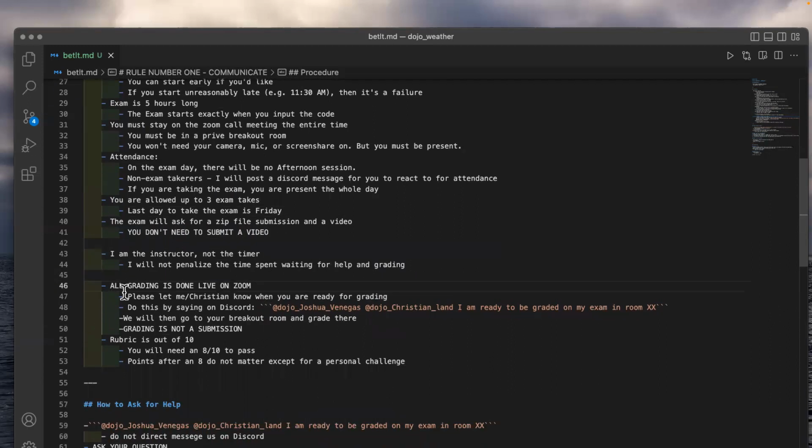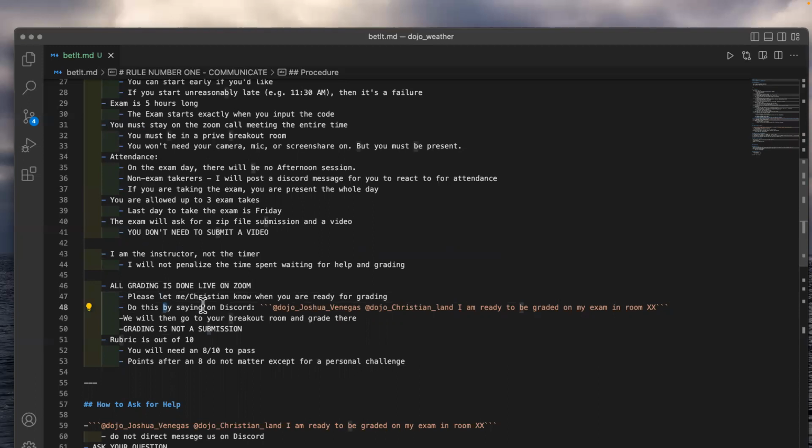Okay, all grading is going to be done live on Zoom. So you're going to share your screen, and we're going to look at your code while we have the zip file on our end as well. When you're ready to be graded, please let Christian and me know.